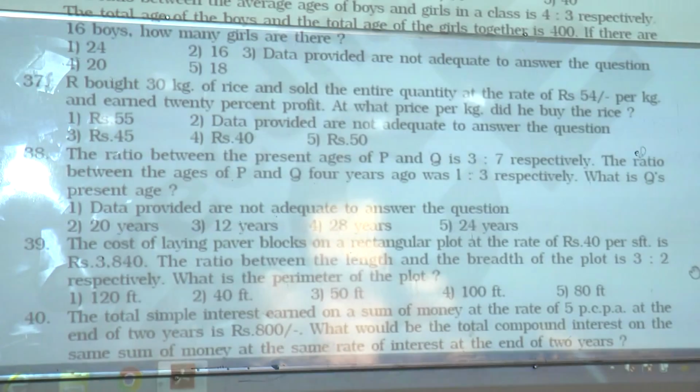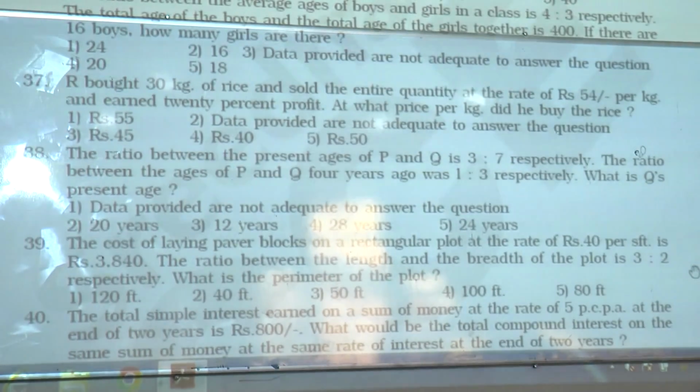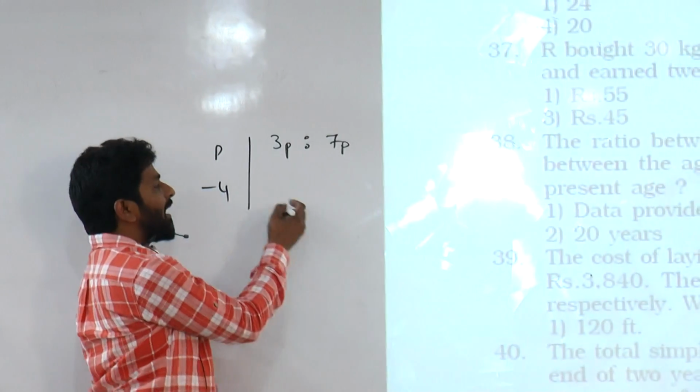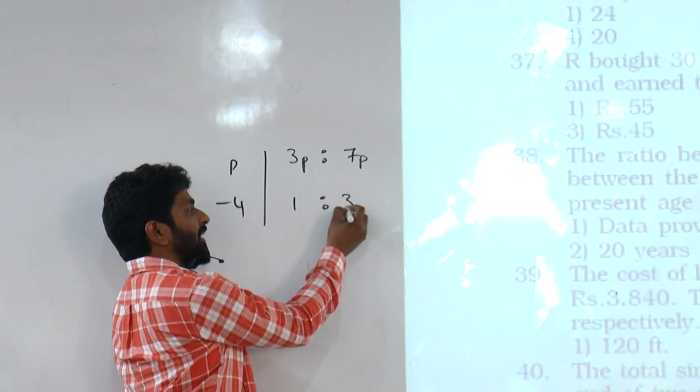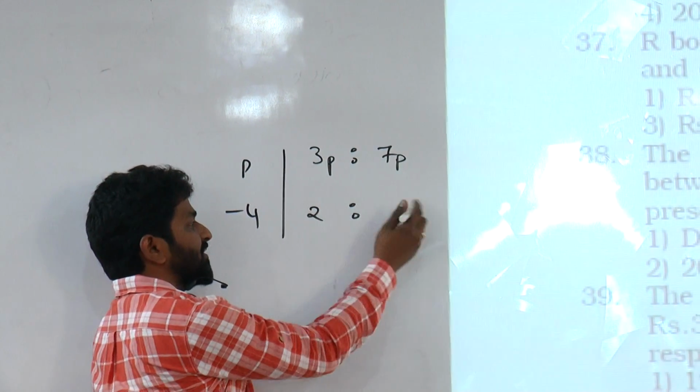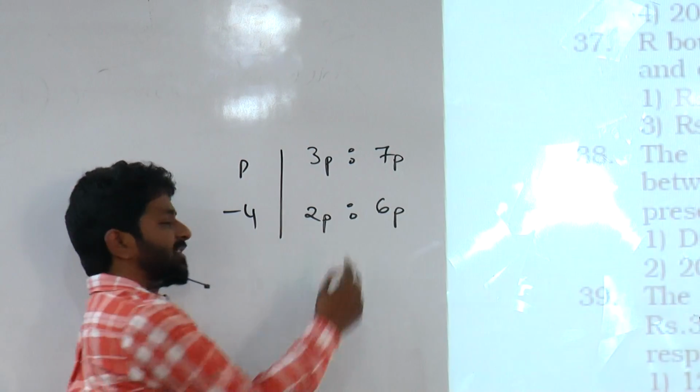You have only one 7 multiple. If you want to do it, percentages ratio 3:7. 3 parts, 7 parts. A year back, 4 years back, it was 1:3. Let me change my ratio 1:3 as